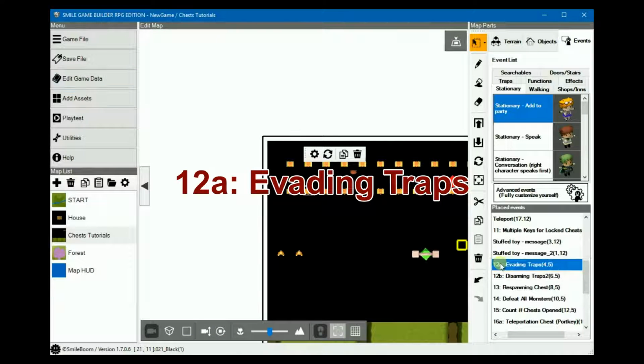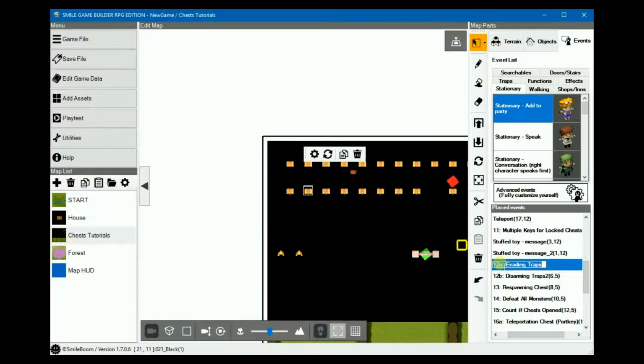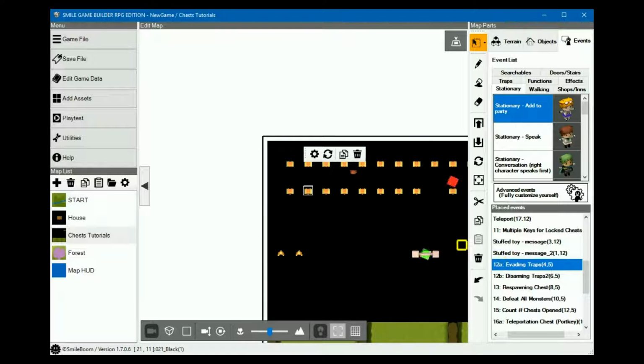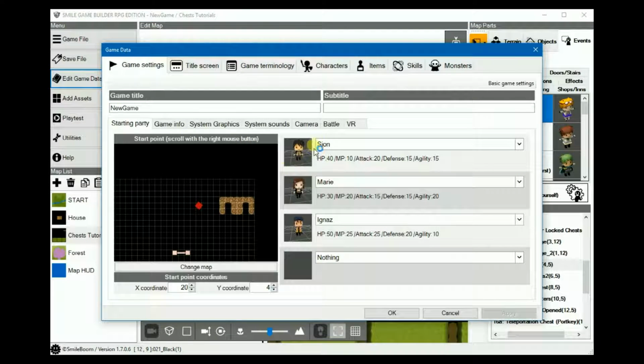In part 1, we had trapped chests, but rather than being hit by the trap each and every time that the chest is opened, you'll be given a chance to evade or disarm it. The dodge skill is based on the lead character's agility. So in this case, Scion will be the leader, and his agility